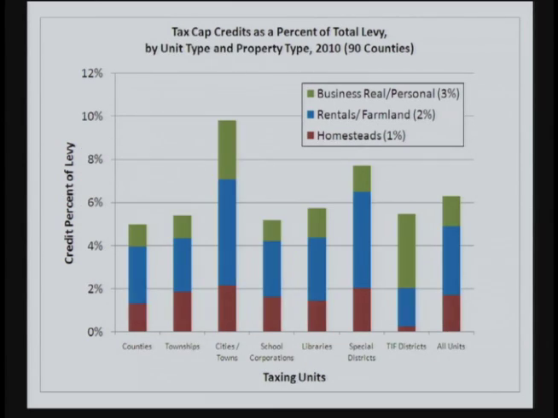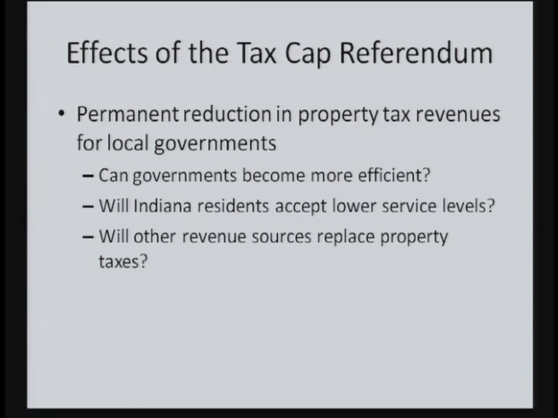The types of units that are losing revenue, well, cities and towns get hit the hardest because that's where tax rates are highest. Tax rates are higher in cities and towns because in cities and towns there's an extra layer of tax added onto your tax bill. Everybody pays the county rate and the school rate and the township rate, but if you happen to live in a city or town, you also pay the city or town rate. And so cities and towns and units of government that share their taxpayers with cities and towns lose the most revenue, as you can see, almost 10% for cities and towns from these tax caps.